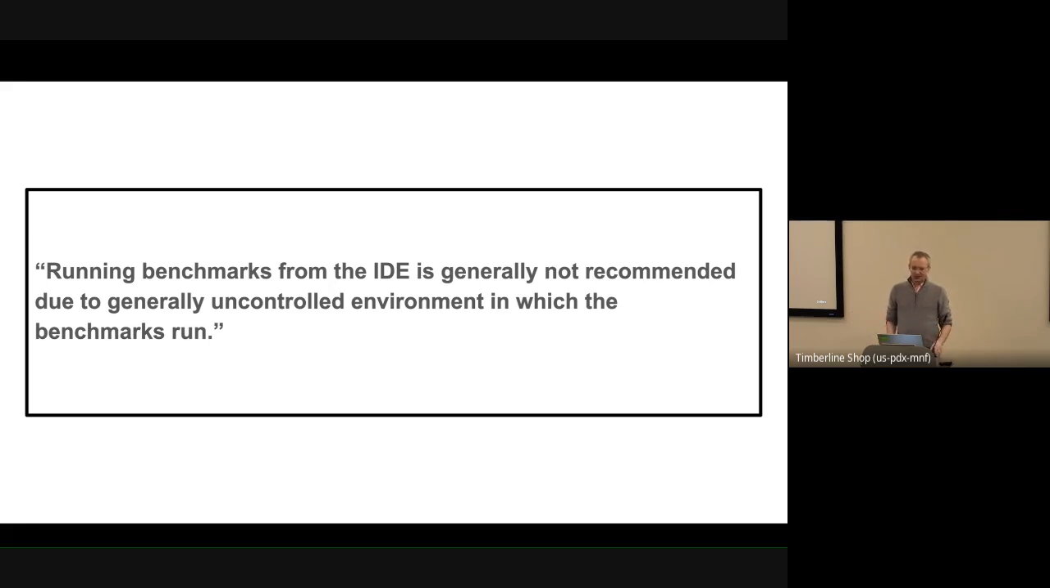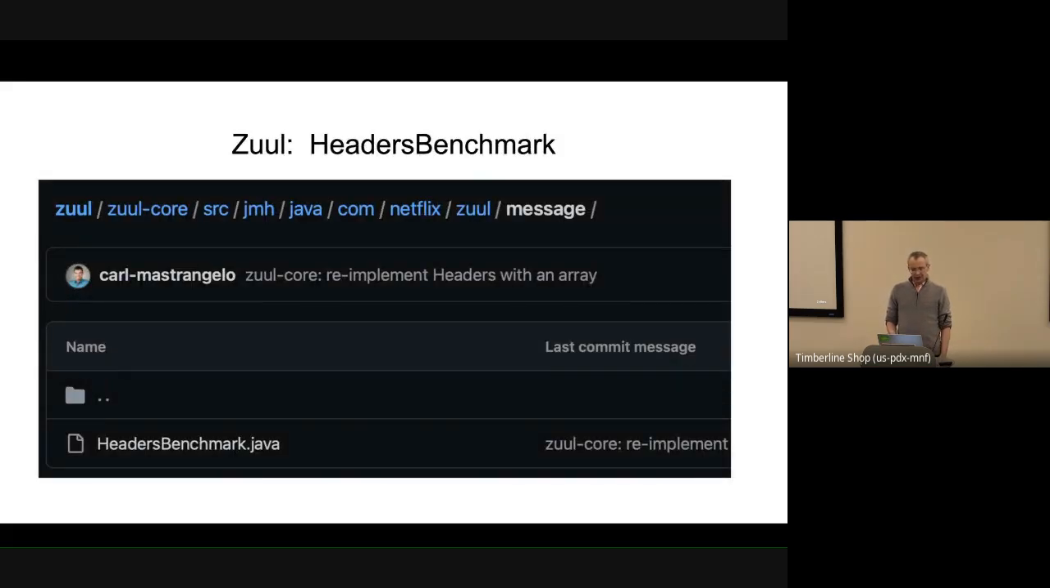So, generally, if you need precise measurements, you might not want to run it from the IDE. But I'll start with a real world example. This is open source code on GitHub. This is the Netflix Zuul project. And about 2 or 3 years ago,